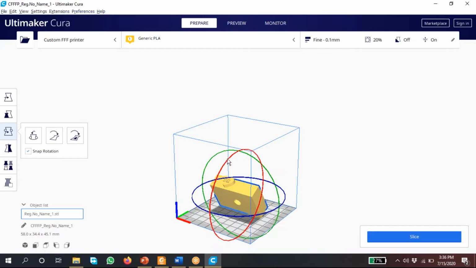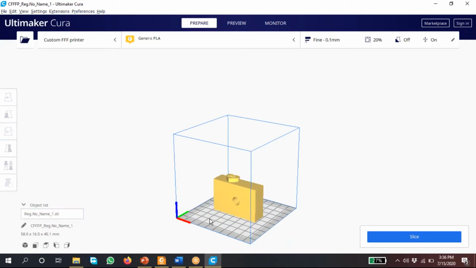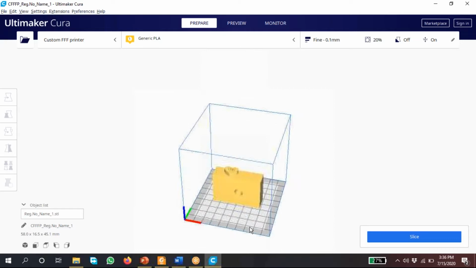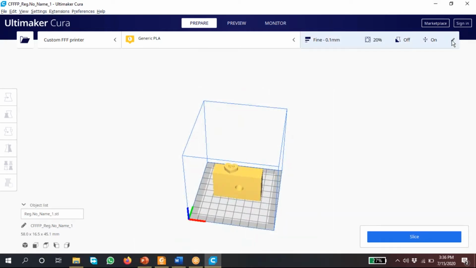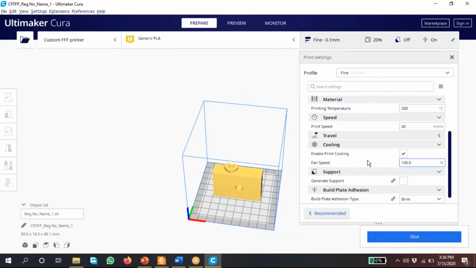You can give it as plus 60. It will change like plus 15, minus 15, 45, 60, and 90. I am taking this like this. You can change those settings here, infill density and all those things. I will keep it the same and slice it.